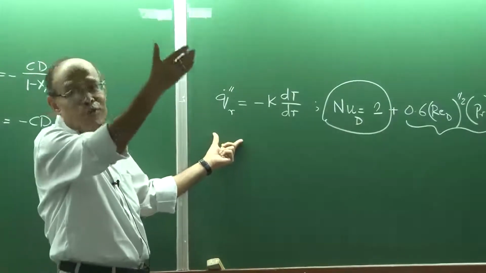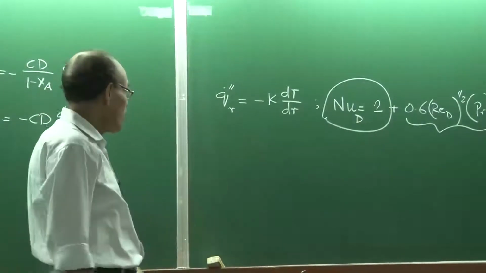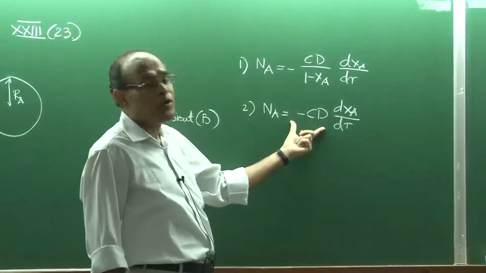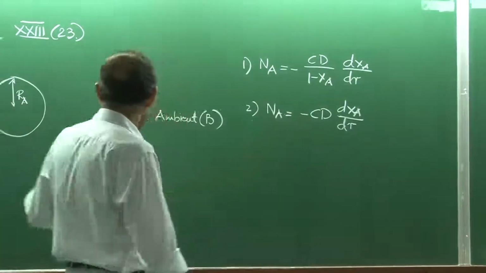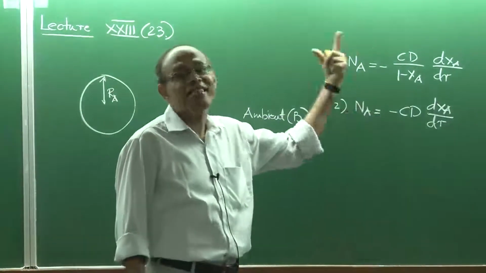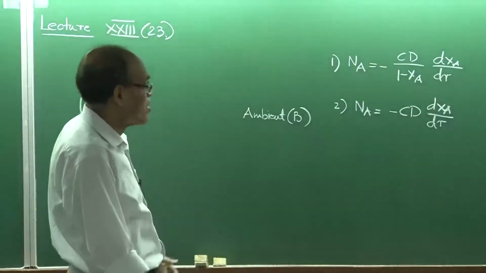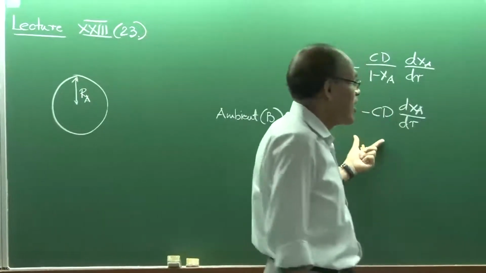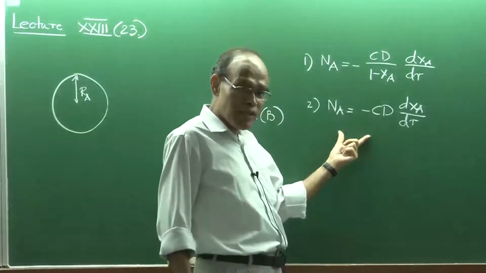At r equal to infinity, the temperature was some T infinity. In this case, if we apply the same kind of boundary condition, that at r equal to 0, at the surface of the sphere, it is a fixed concentration, and at infinity also either it is 0 concentration or any other fixed concentration. So the same equation, same boundary condition, and if you define here a mass transfer coefficient